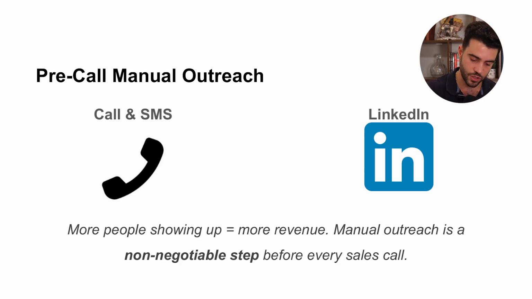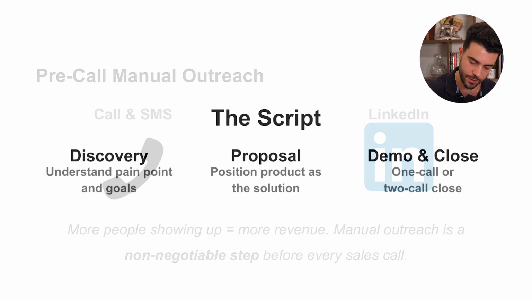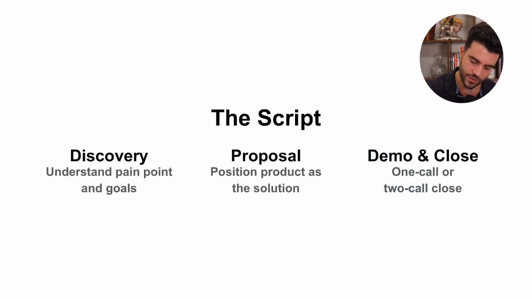The second thing that you want to do after your manual outreach is prepare a script, because so many people don't have a script going into conversations, so they don't even know where they're taking that conversation. If you have no guardrails for a conversation, it oftentimes can go all over the place, and then you end up having no objective. I don't think people should read directly from a script. I think you should have an outline of exactly what it is that you want to cover,